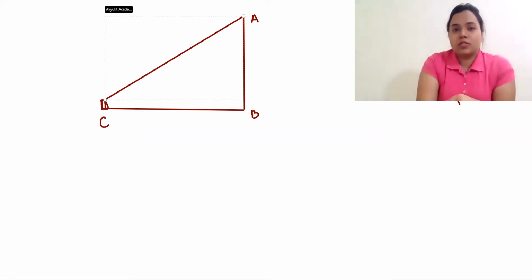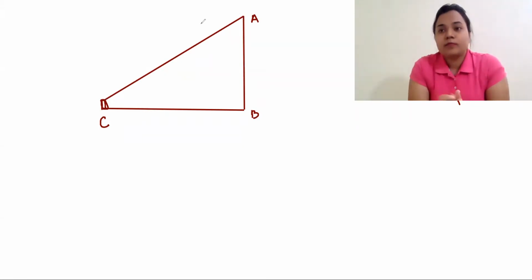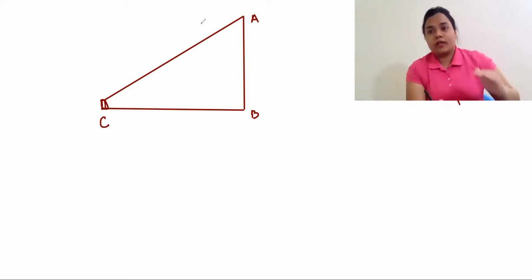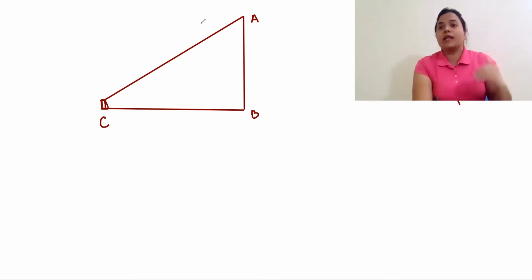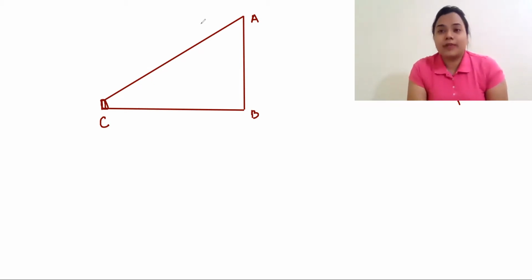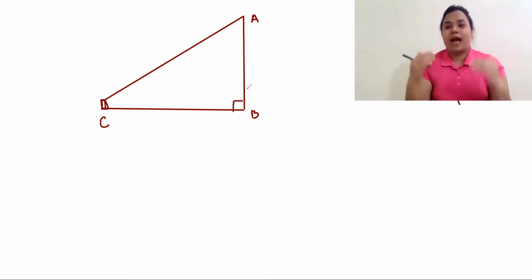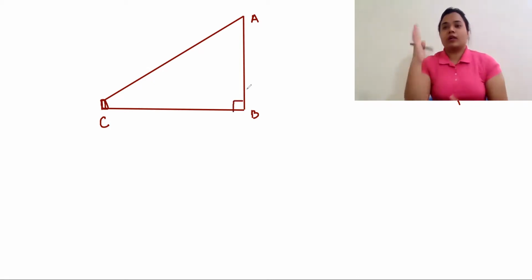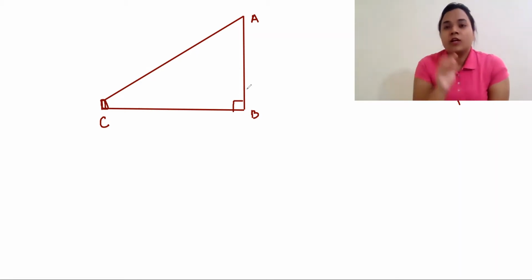So what we can see here is a triangle. This will form a right angle triangle. How can I say that this forms a right angle triangle? Because whenever any building, pole or tower is there, it will always stand straight, except the Leaning Tower of Pisa. Yeah, correct. All the rest of the buildings stand straight. It means it will be standing perpendicular to the ground and forms 90 degrees. So we can say that this forms a right angle triangle.